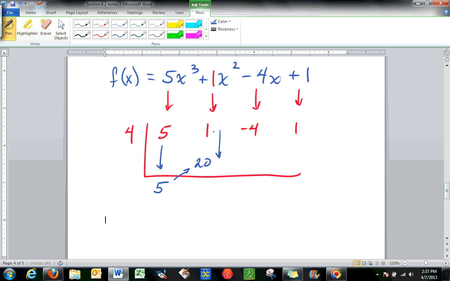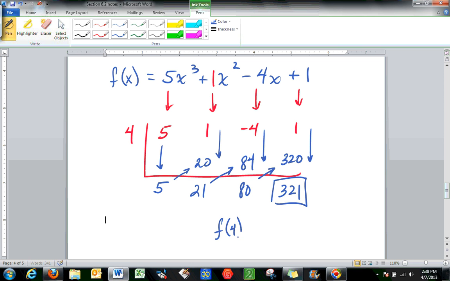Now I'm going to combine the terms. So 20 and 1 is 21. Next thing to do is to multiply 21 times 4, which is going to give me 84. Again, I'll combine like terms. 84 and negative 4 gives me a positive 80. And then 4 times 80 is going to give me 320. And lastly, we'll combine terms, which will be 321. So we can say that f of 4 equals